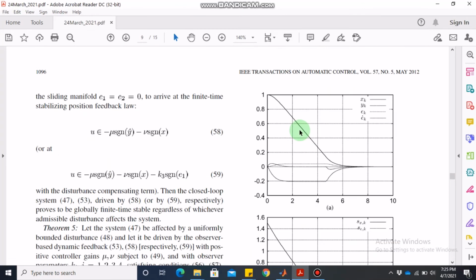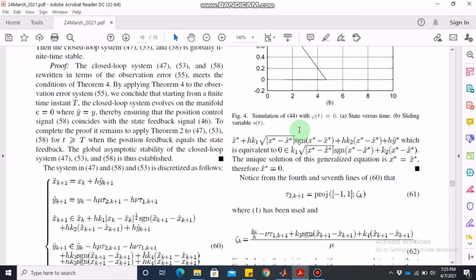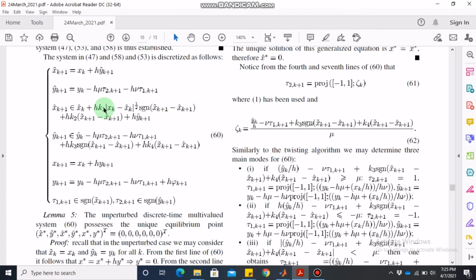So the full system with observer is given here in equation 60, where x tilde, y tilde are intermediate variables, and x hat and y hat are observer dynamics, and x and y are the state variables, if you will. And then tau 1 and tau 2 are the control, so tau 1 depends upon the x tilde and tau 2 depends upon y hat. And